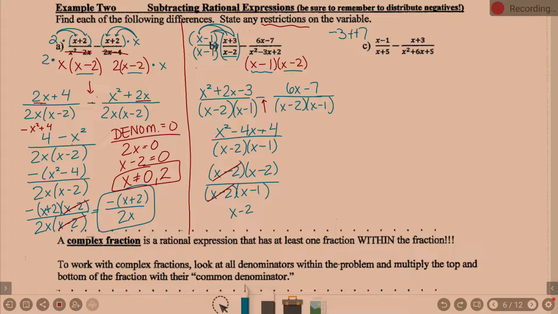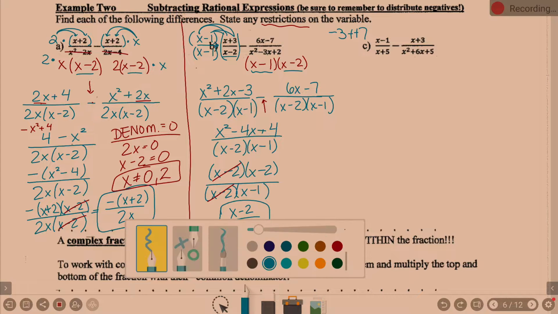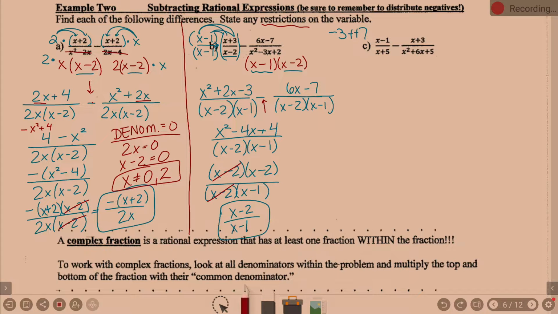X minus 2 over x minus 1. Why am I not canceling these x's? They're added and subtracted with the 2 and the 1. Okay? Don't forget,